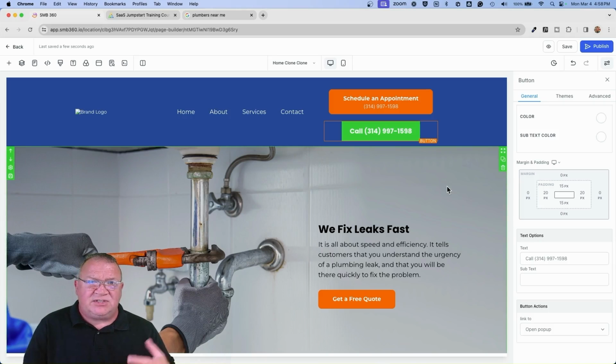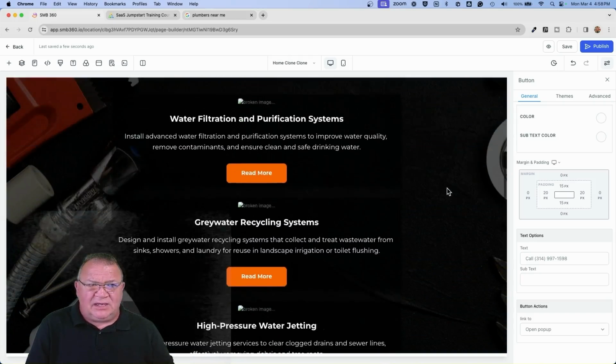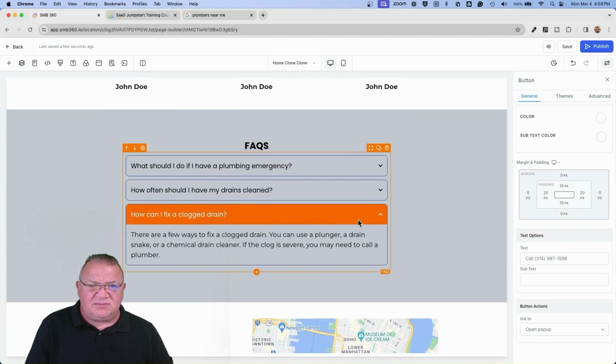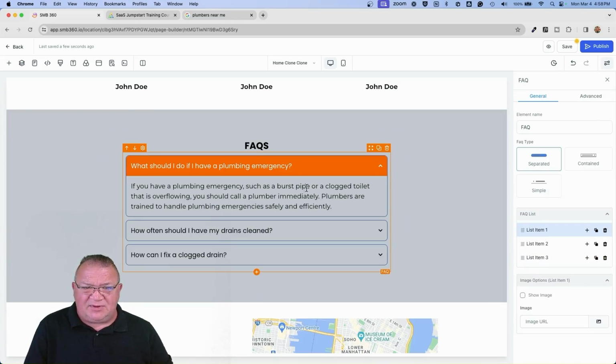And all you're looking to do is get them to have something presented that's good enough, and they see it and they go, wow, look, the images look good. The background looks good. This looks really nice and professional. It has a frequently asked questions module. You can always update that. Click on this and come over here to click on the list item, and you can simply edit this on the page, whatever frequently asked questions.